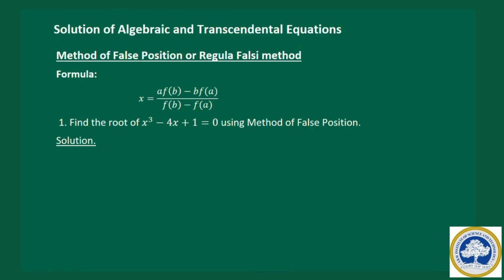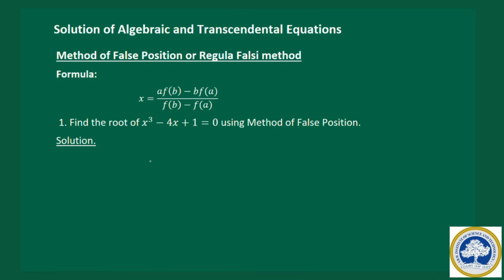In this video, let us see method of false position to solve the algebraic and transcendental equation. Formula for method of false position is x is equal to a into f of b minus b into f of a by f of b minus f of a. So the first question is find the root of x cube minus 4x plus 1 is equal to 0 using